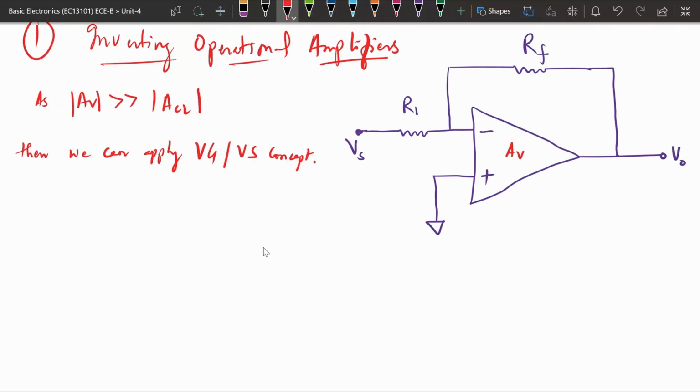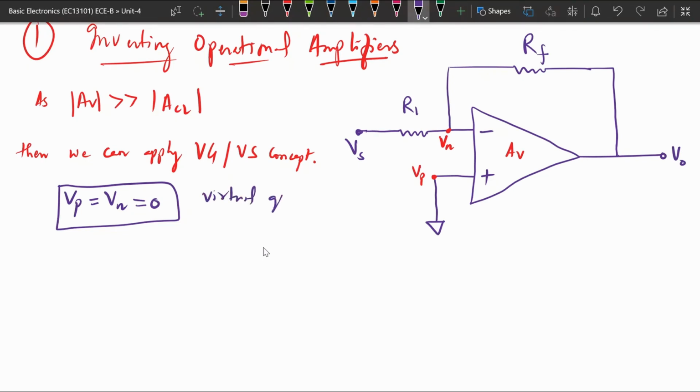So if we are able to apply virtual ground and virtual short conditions, what is the meaning of this? Here this is the terminal. Suppose the voltage at this point is VP, that is positive, and the voltage at this point is VN, that is negative. If we can apply the concept of virtual short, then we can write VP equals VN. So this is called virtual short. These two terminals will be considered as short if the open loop gain is very high compared to the closed loop gain. If this is the condition, we can apply this. But from this circuit, Vp equals 0, so Vp equals Vn equals 0, and we can say the virtual ground